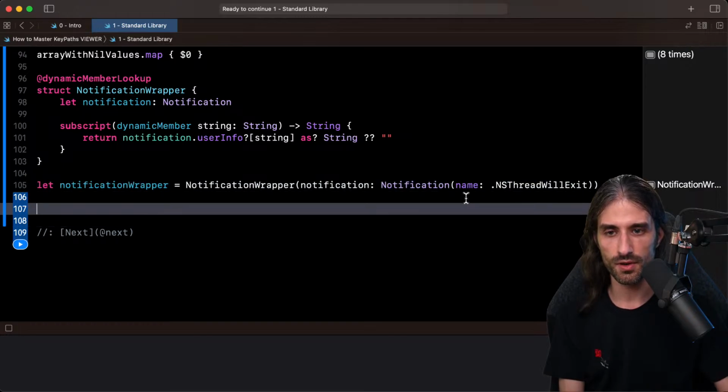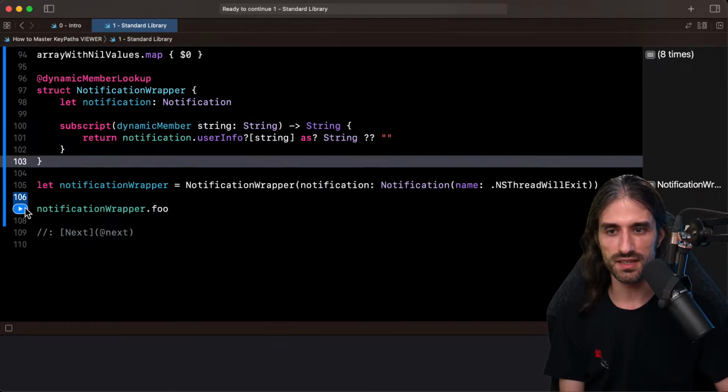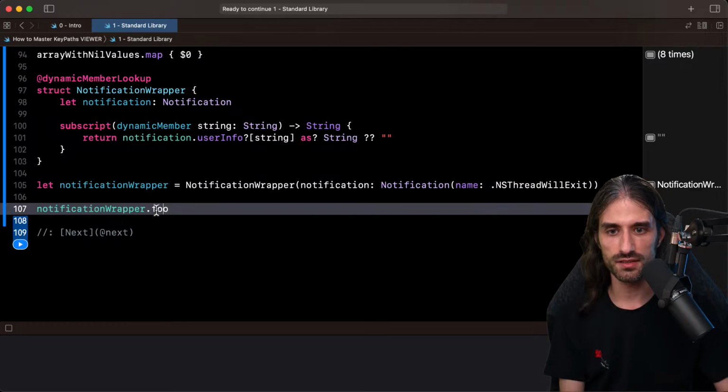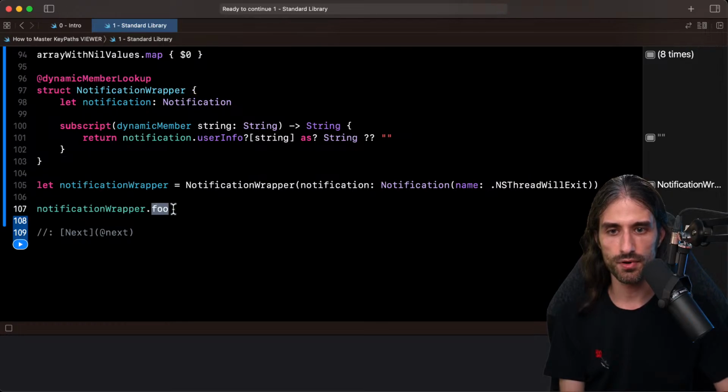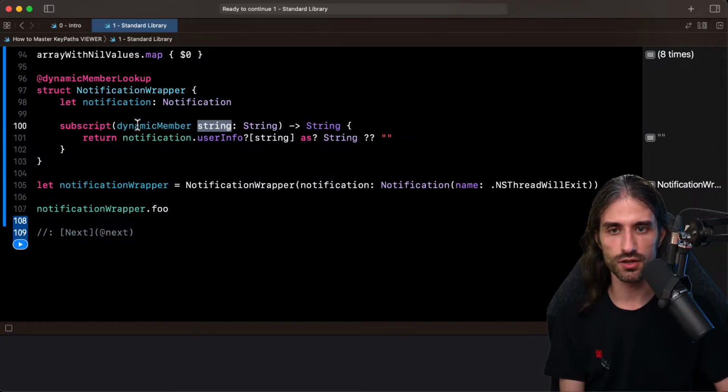And so now on the notification wrapper, you can basically call anything on it, and what you type here is turned into a string and gets passed to this function right here. So it's nice when you are dealing with something that is already stringly typed under the hood, but it's important to be aware that this gives you the illusion of type safety, even though you don't have it.